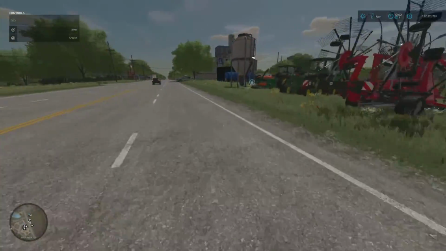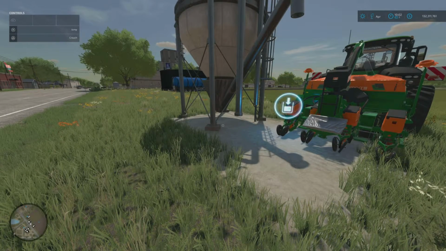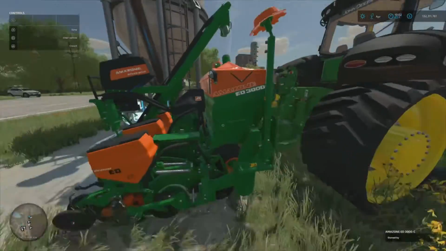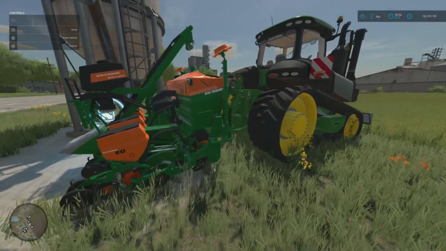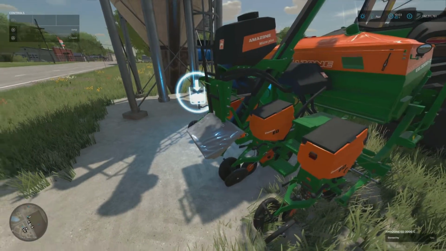It is the Amazon ED3000 by Madar HR. It will take 6.42 megabytes to download and will use 4 slots on console. It is this guy here, the back of the John Deere. It's a 3 meter planter, I'm pretty sure, but does have its own little auger chute there, as you can see